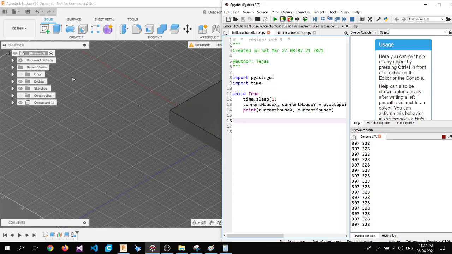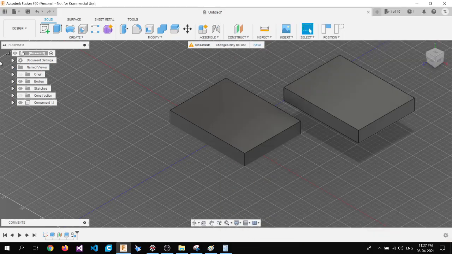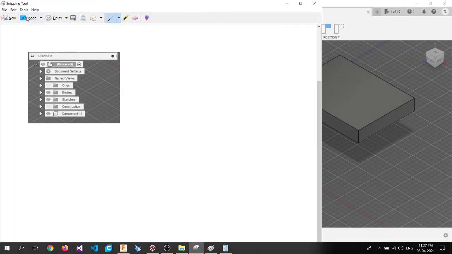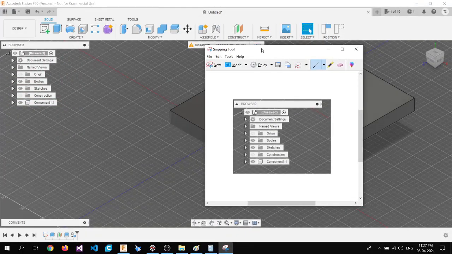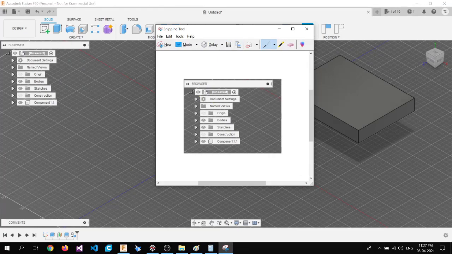If we want to go to sketches, then plus 5 we go to the sketch, plus 25 we go to the bottom, plus 5 we go to the constructions, plus 25 we go to the bottom, plus 5 we go to the components. And here you can see this side of the menu. I'll show you quickly with the diagram so that it will be easier. So here you can see that this side of the menu is quite uniform. It is in a single line. So for us, it is very easy to automate this part.